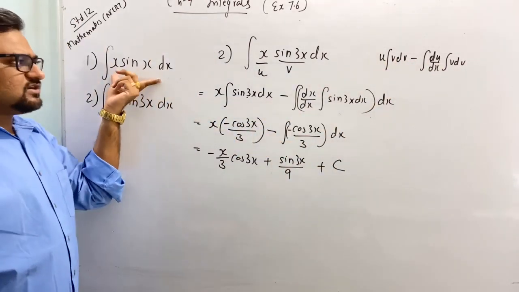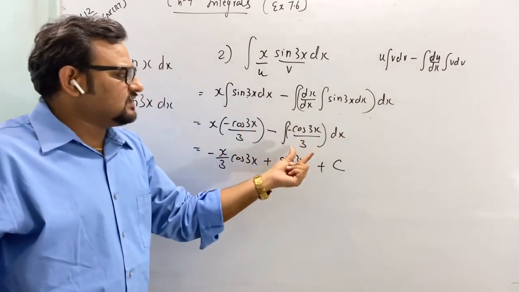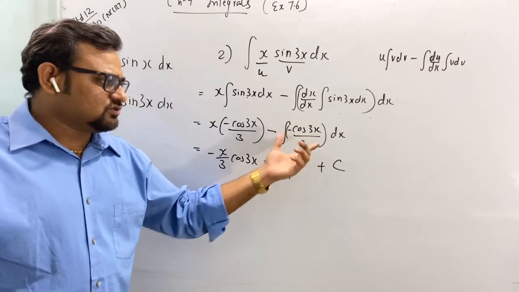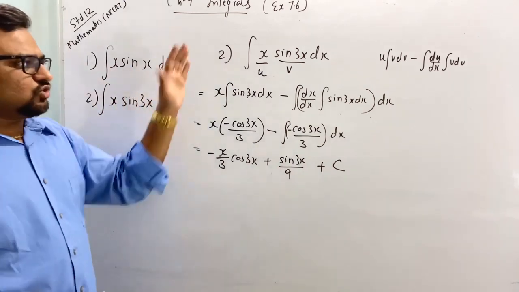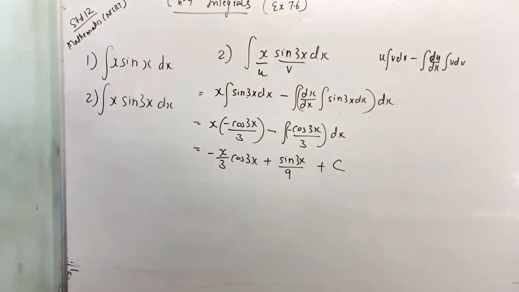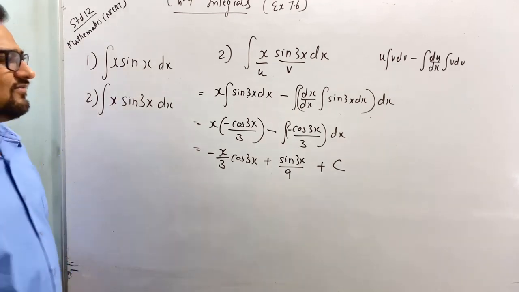When you take the first sum, it will be similar. Instead of sin 3x, it will be only sin x, so cos x by 3 becomes just cos x, minus cos x. Clear? So that will be exactly similar. So go through this sum and question 1 for yourself. Okay, so moving to our next question.